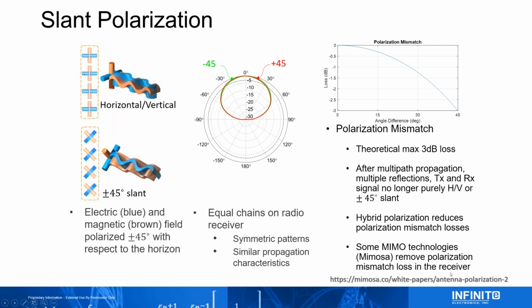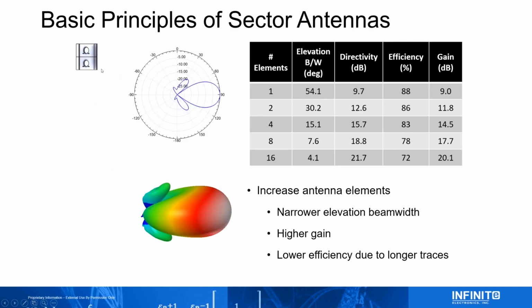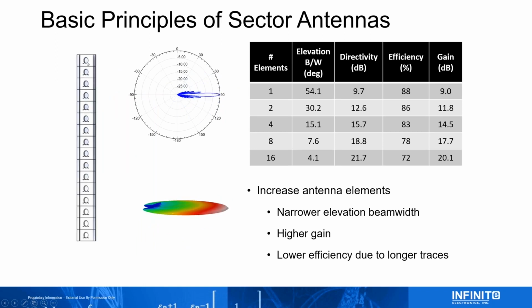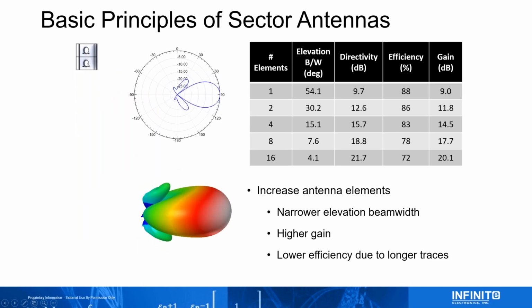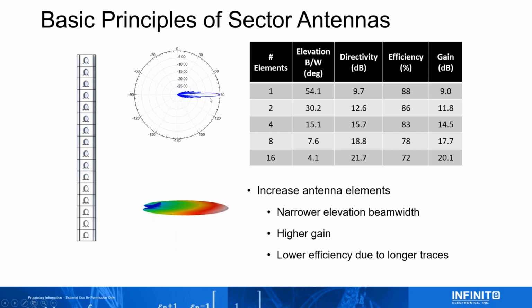Some technologies actually remove polarization mismatch, such as Mimosa's MIMO technology. Now, quickly, how do you make a sector? All you do is take 10 elements. Here I'm showing a stacked patch, and you just repeat them in the vertical direction. By repeating them and connecting them all together with your feed networks, you end up narrowing the beam